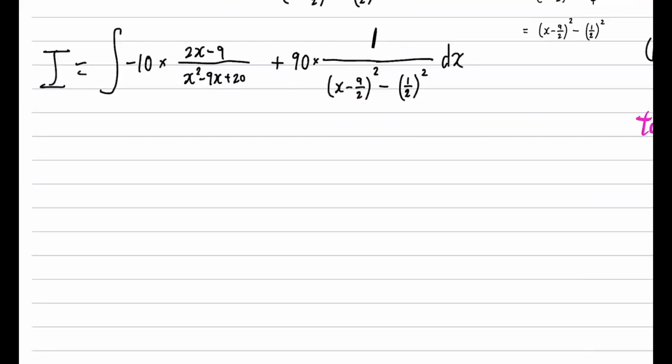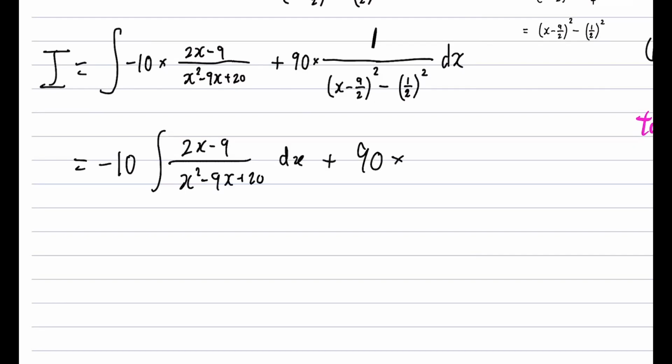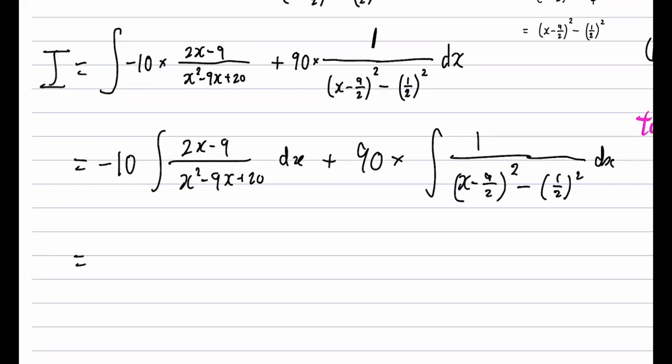How to integrate this now? You know you can integrate term by term. Okay, I'll just skip that step. Then you become -10 integrate 2x minus 9 over x squared minus 9x plus 20 dx plus 90 times the integral of 1 over x minus 9 over 2 bracket squared minus 1/2 squared dx. Wow, so complicated. But finally, you realize this one is just ln, right? So -10 of ln of the denominator with modulus